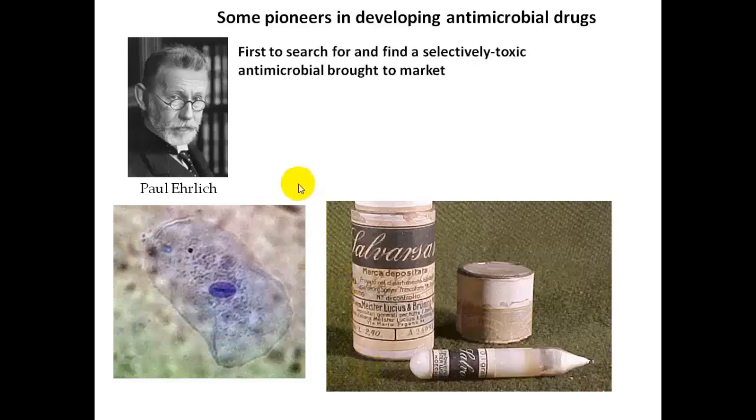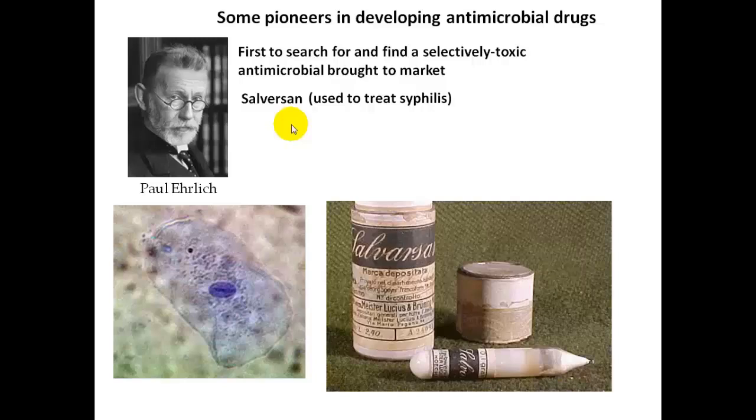So to sum this up, we're saying that Paul Ehrlich played a big role in helping to develop the first antimicrobial drug. Let's say that he was the first to search for and find a selectively toxic antimicrobial drug that was brought to market. The name of this drug was salvarsan, and it was used to treat syphilis. Again, it was an arsenic derivative. So that sounds kind of hardcore,